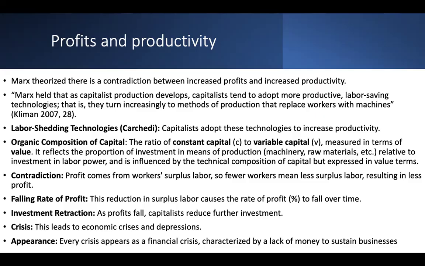Again, according to Kleiman, Marx held that as capitalist production develops, capitalists tend to adopt more productive, labor-saving technologies. That is, they turn increasingly to methods of production that replace workers with machines. Another economist, Guillermo Carcetti, refers to this as labor shedding technologies. Normally, we're familiar with the term labor saving technology. Piketty insists on using the term labor shedding, meaning that the purpose of technology is to reduce the amount of workers